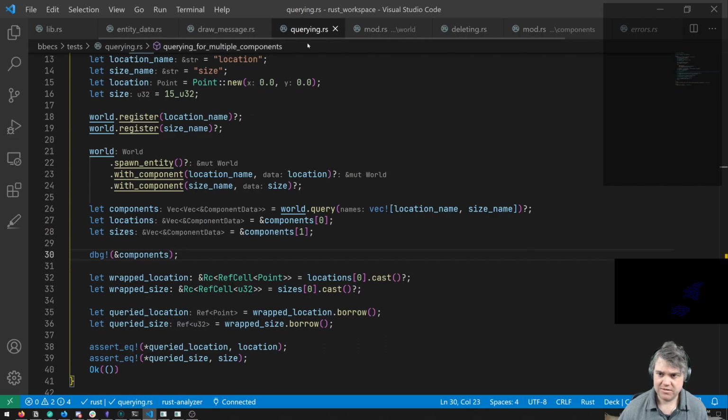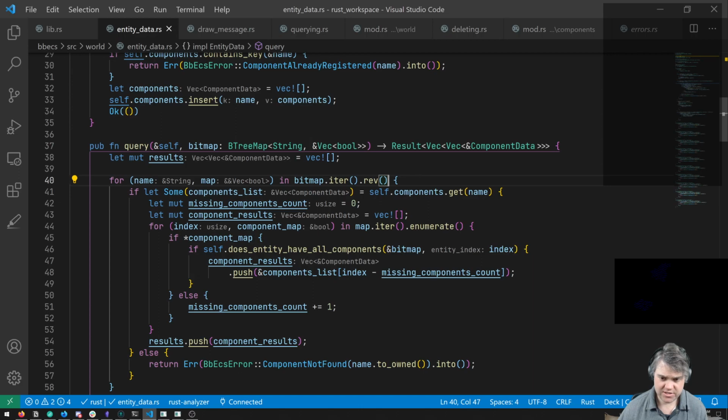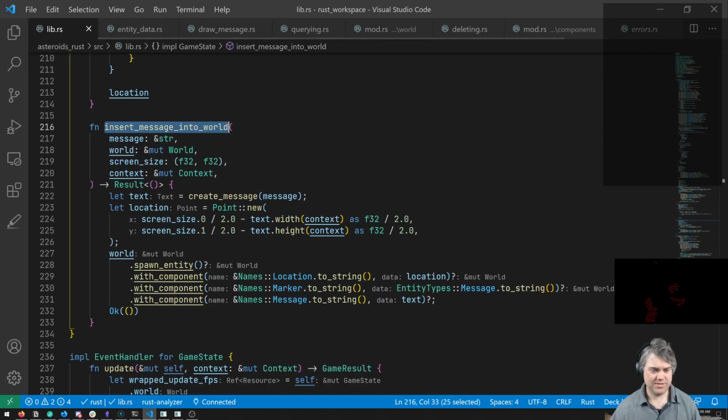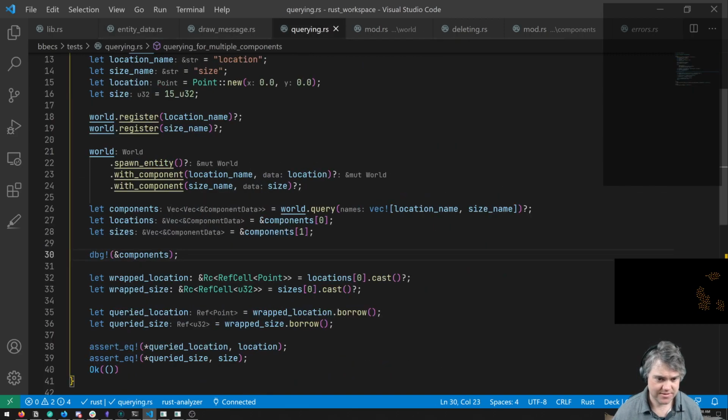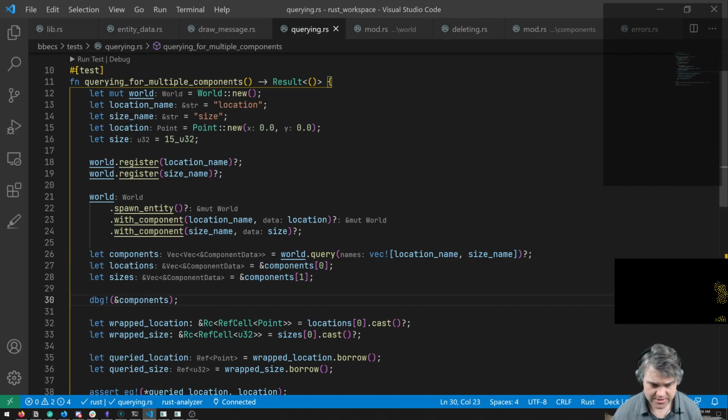In our entity data for query, we are still reversing this. Why do I need to reverse it sometimes and not others? I think I should probably, just for sanity reasons, return a hash map.